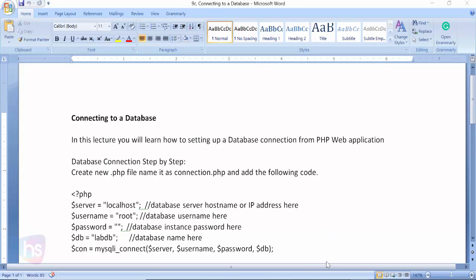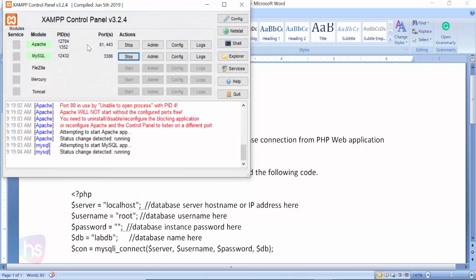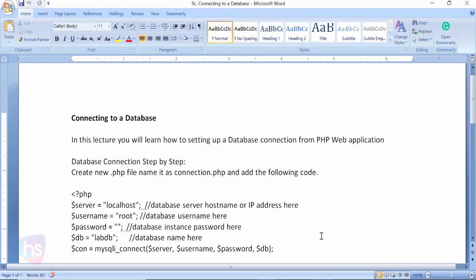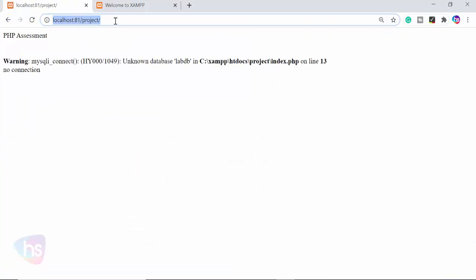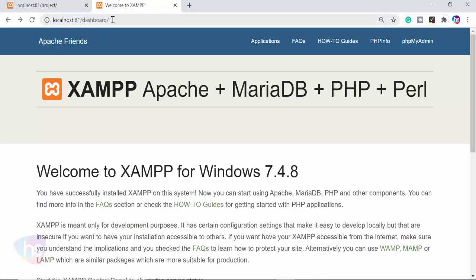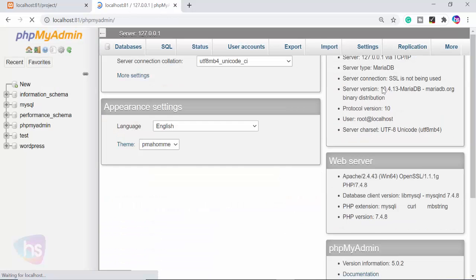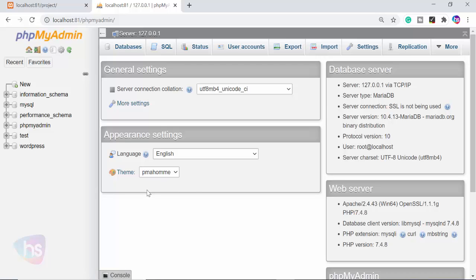Let's open the XAMPP server and verify in the control panel that Apache and MySQL are in the start position. Once you minimize it, go to the browser, hit localhost with the port number, and you will be redirected to the dashboard. Here you will observe phpMyAdmin. Click phpMyAdmin. This will take you to the interface, which is installed by default for your MySQL